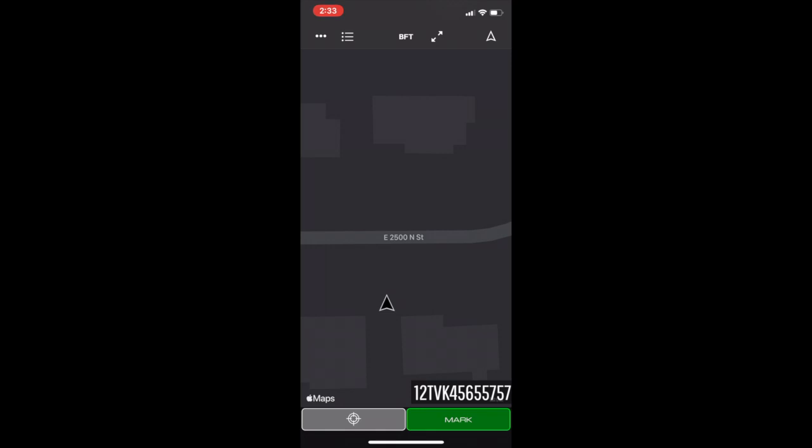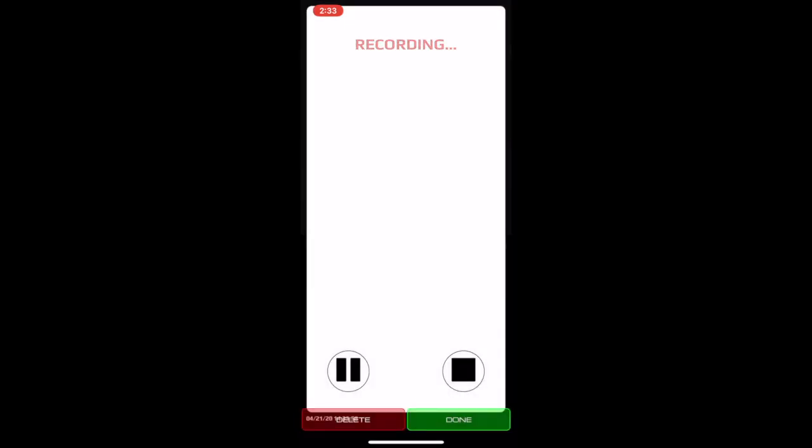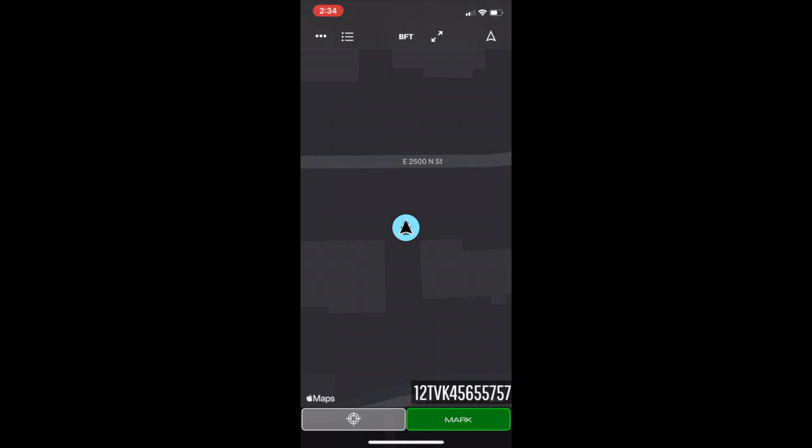So to do the audio pin drop, you just do a long press on the mark button in the lower right. So I'll hold that. It immediately starts recording, and it won't stop recording until you press either the stop button or done. So I'll go ahead and press done. You can see now that my exact GPS location is where that audio pin note